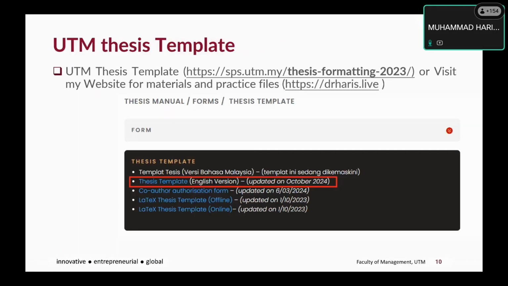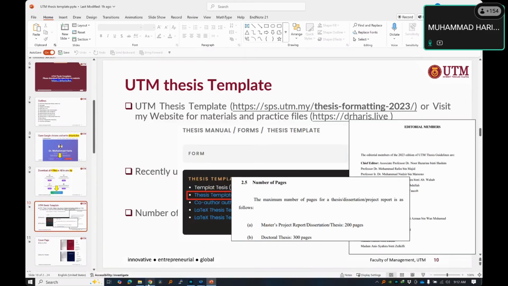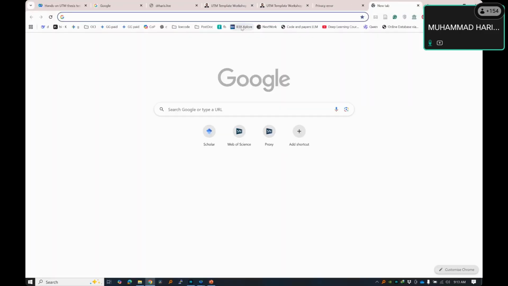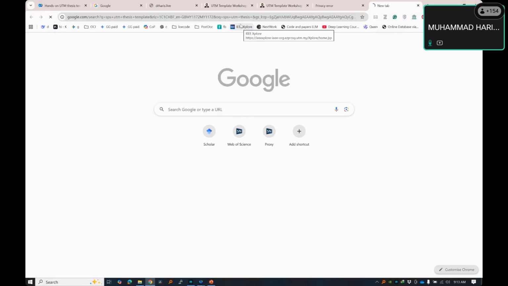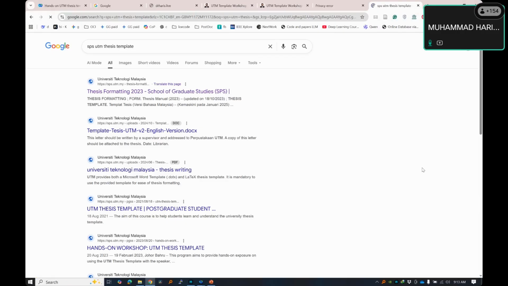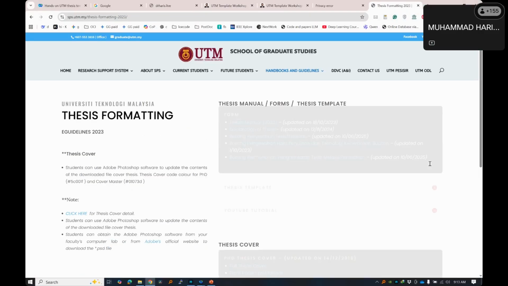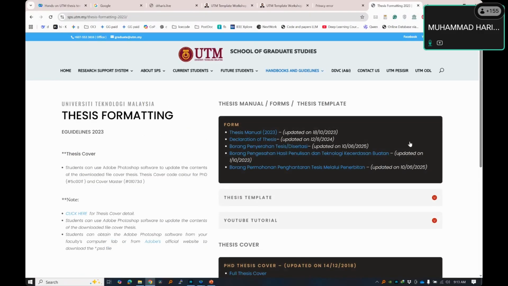So this is the same template which I was going to show you. It's the same template which is available on the UTM website. So if you want to download the template from the official website, you just come here, SPS UTM thesis template, and here you click on this button, thesis formatting, and after that